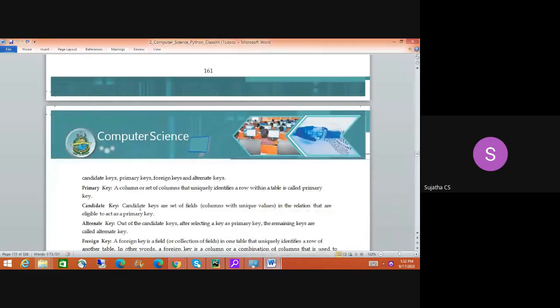So then next, the candidate key. A candidate key can also play as a primary key, but